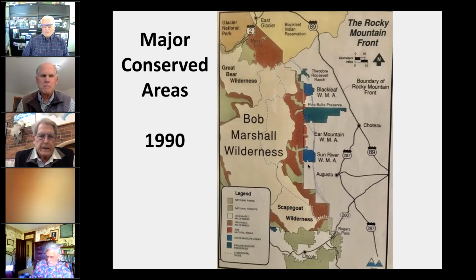If you subtract the Pine Butte Preserve, which is in the middle of that graphic, and the Theodore Roosevelt Memorial Ranch on the north and the Sun River Wildlife Management Area to the south, the only ones that were extant prior to 1970 were the Sun River Game Range to the south. And it wasn't until the 1970s that the Blackleaf Wildlife Management Area and the Ear Mountain Wildlife Management Area came to being. Along about that time,